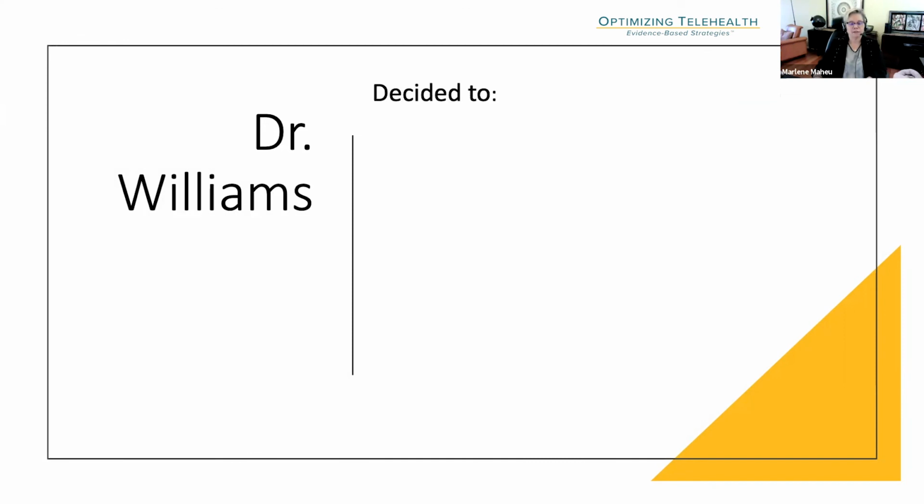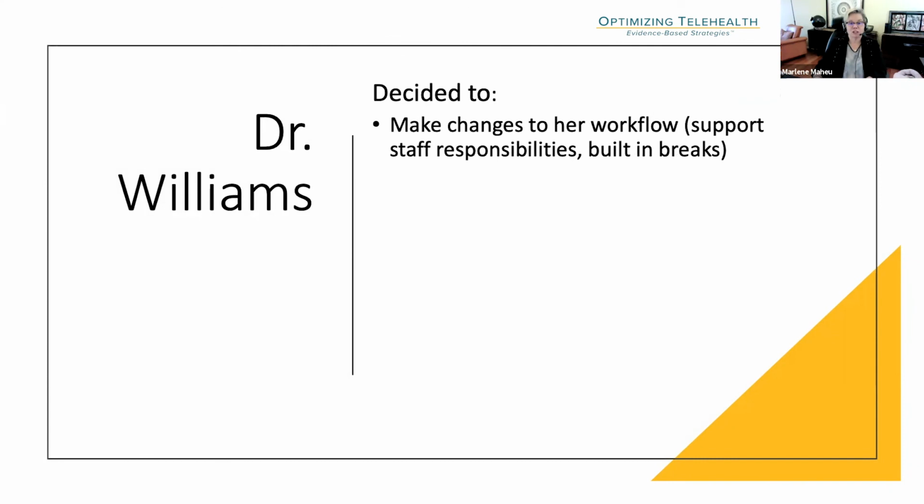Dr. Williams, after some coaching, decided that she would make changes to her workflow. She would ask for support staff and to build in more breaks. She delegated some of her work to an assistant. She also reorganized her office to meet ergonomic needs. And in her case, because this is somebody that I consulted with, what she needed to do